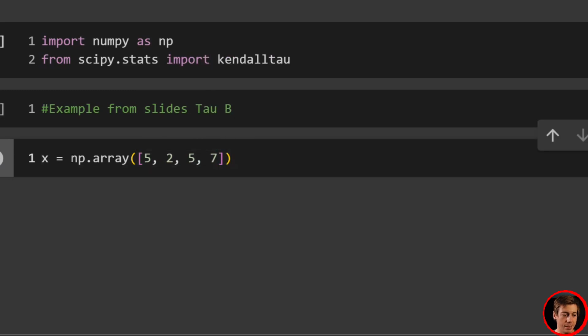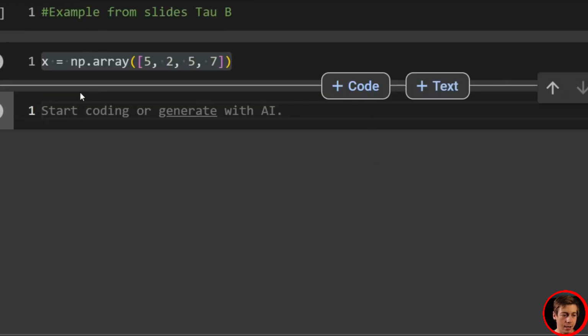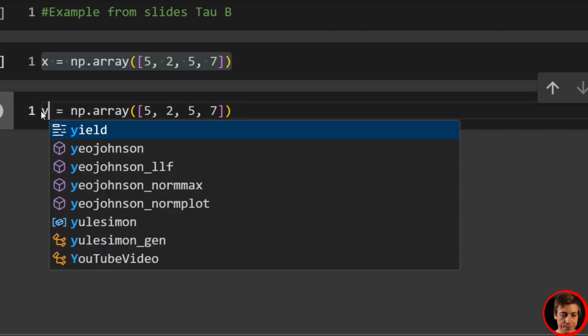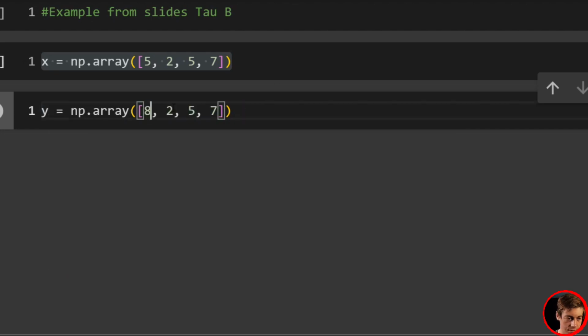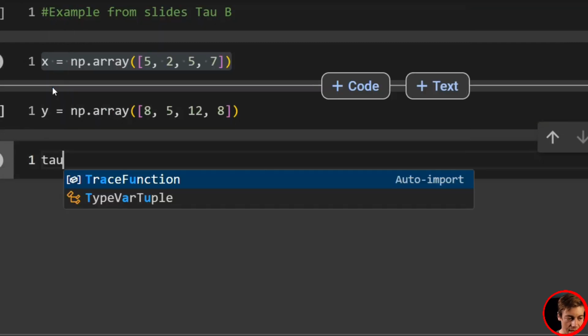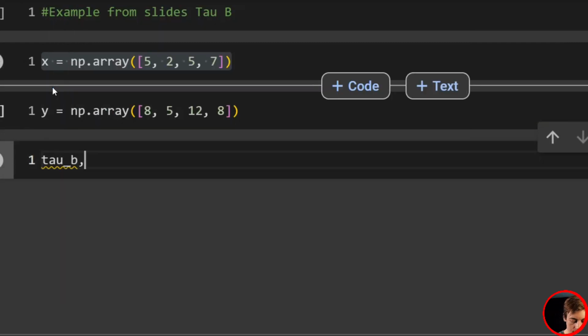And then we can do the same thing with y: 8, 5, 8, 5, and 12, also 8. And then all we have to do is say tau b,